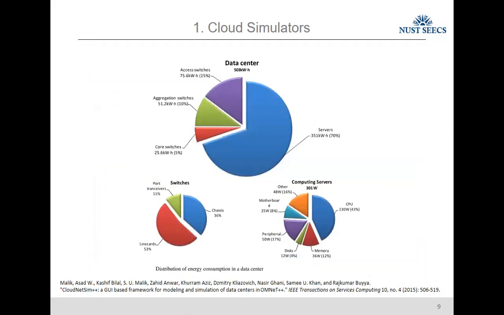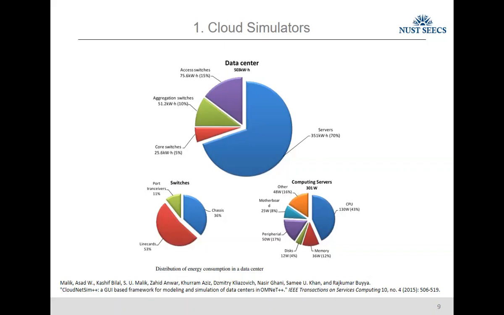Based on that, our main objective is to analyze the energy consumed by receiving the data from the sensors and executing it inside the cloud data centers. If you see, 75.6 kilowatt hours is consumed by the access switch, 10% by the aggregate switch, and 25.6% by the core switch. The core switch receives the data from the IoT sensors, and the scheduler schedules those tasks to the available servers, and the servers compute those tasks, which consumes the energy.